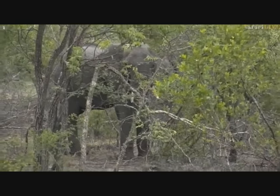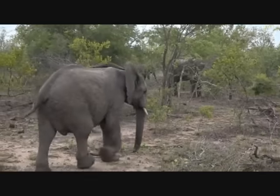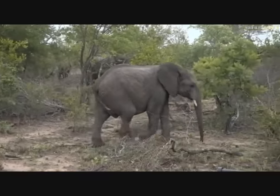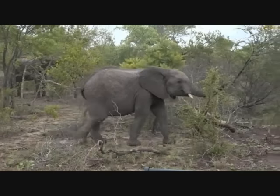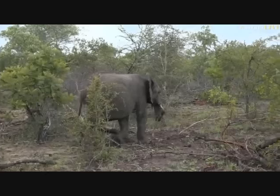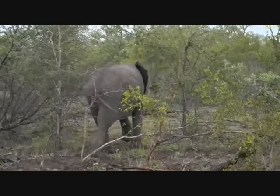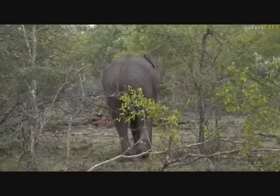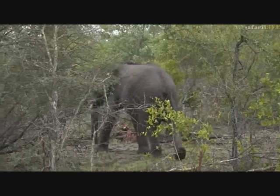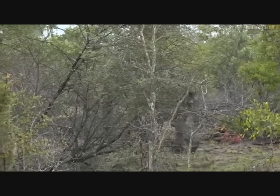Hello. Have you never seen a roof before? And this is the interesting thing, some of these elephants, this is that young boy we saw initially, maybe haven't seen roofs before. They don't seem to be too common up here in the northern Sabi Sand, but if you go down south, the elephants are quite accustomed to them, whether it be by transporting guests during the day to try and evade the heat of the sun, or some of the lodges actually just use roofs permanently, which can make it